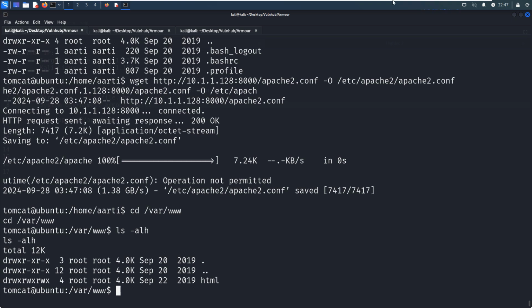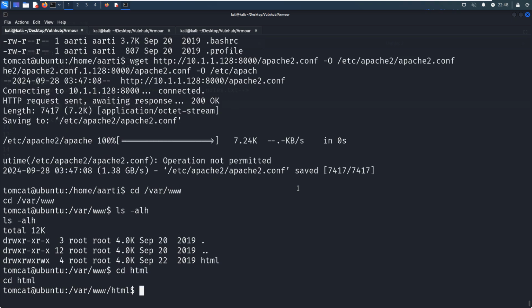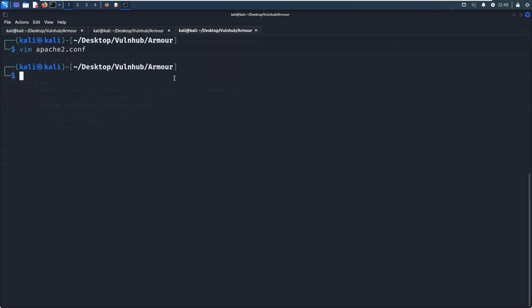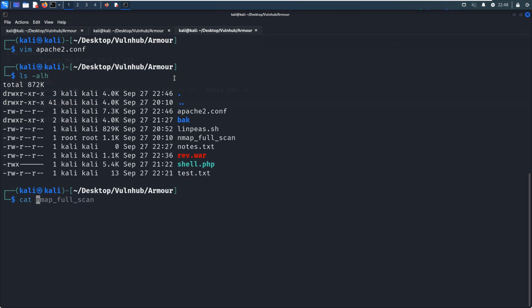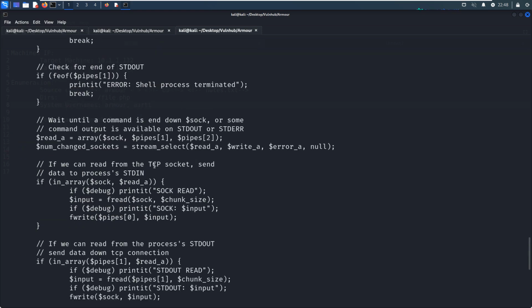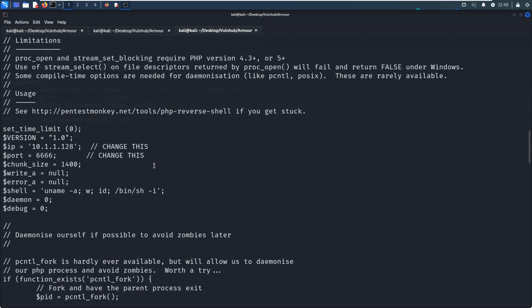Now I think we can go to the HTML directory. Before we restart the machine, we can save or upload the PHP file. Okay, first we can copy. Maybe I've already done that. So what's the port number? So 66. Okay, so now we can